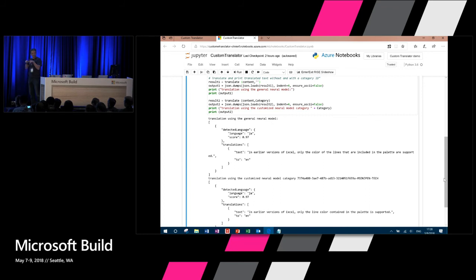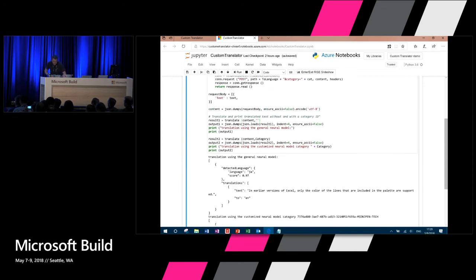Oh, by the way, you remember when I told you that now we can support multiple translations in one go? The system is really